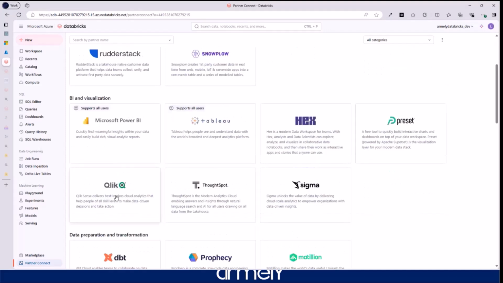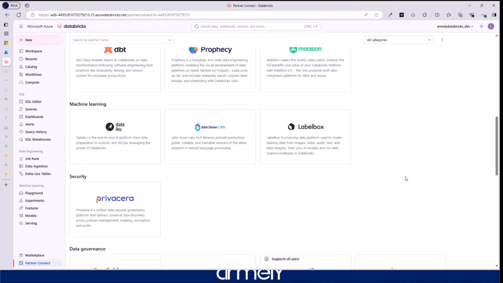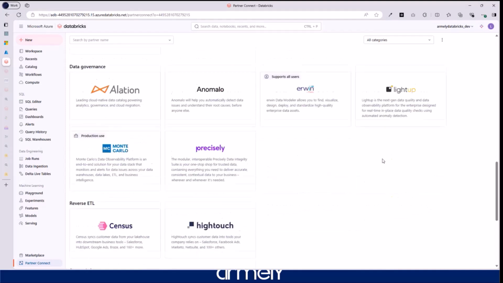And with the Click, we have the ability to do that as well. And of course, DBT is another tool that we use heavily for data preparation. And then there's a piece for everyone. If I scroll further down,